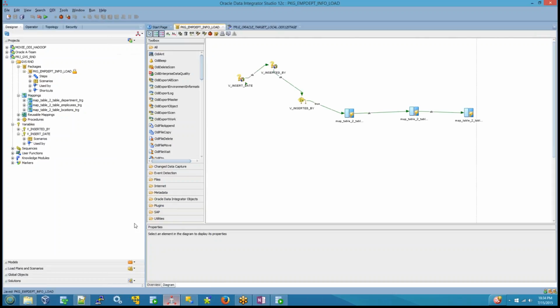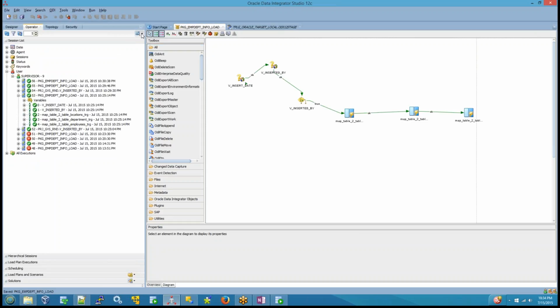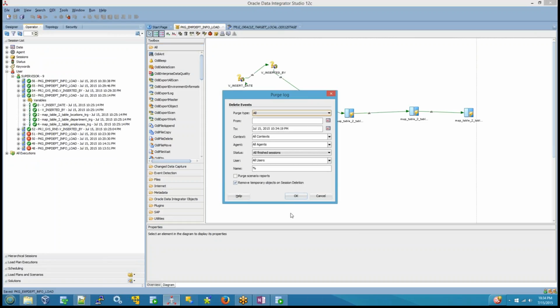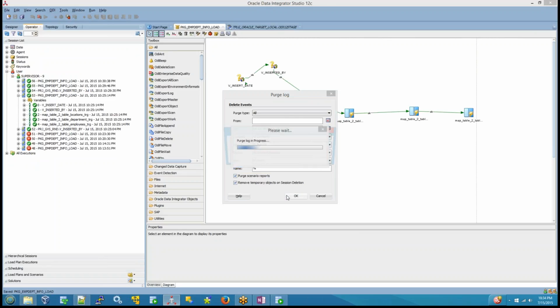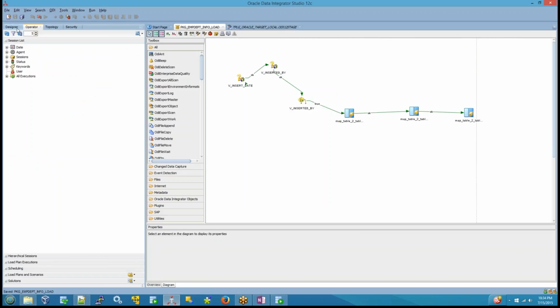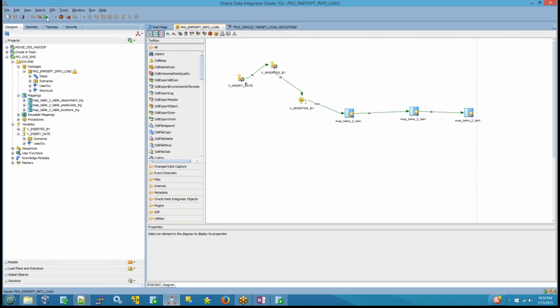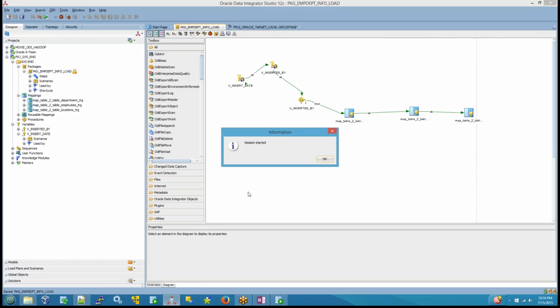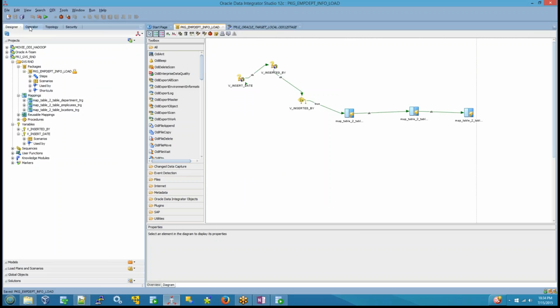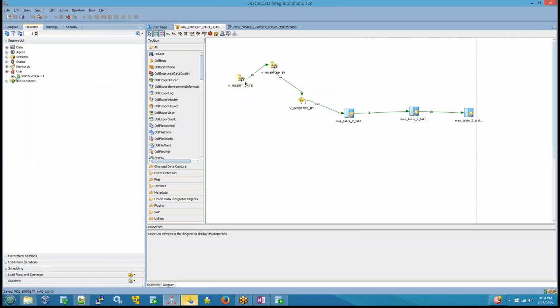So now go to your operator. Okay, now I'm deleting this. I want to show you nothing has happened. So I deleted this. Okay, nothing is there. Now I'm running this map package. This is very simple and only the concepts are very important. See here, it's completed successfully, but